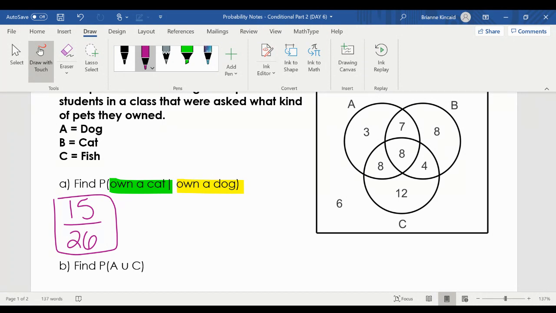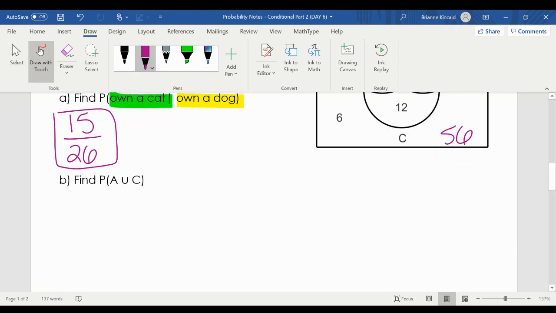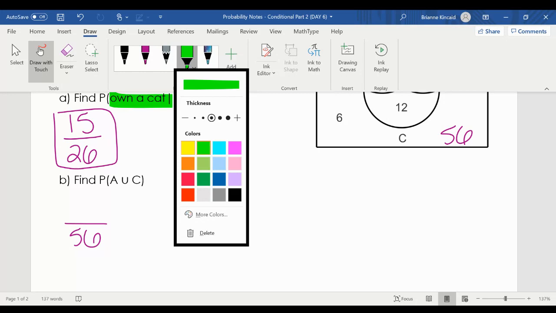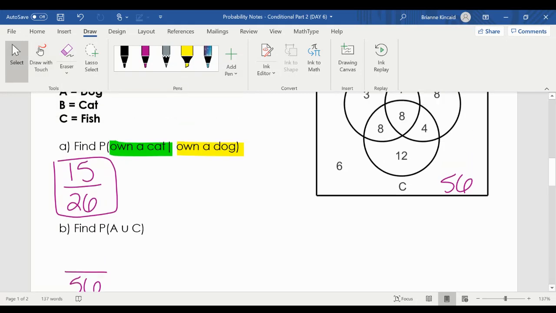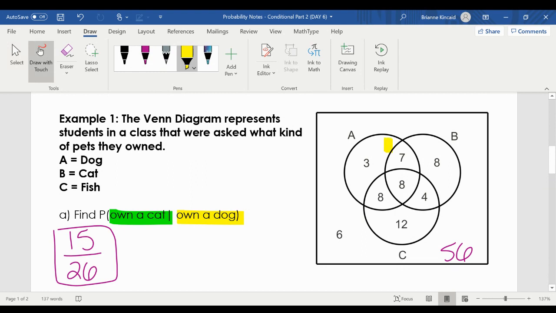Which is 56 total. Now remember, U for union, that means everything in the circle of A, everything in the circle of C. So I go through, I highlight all of A